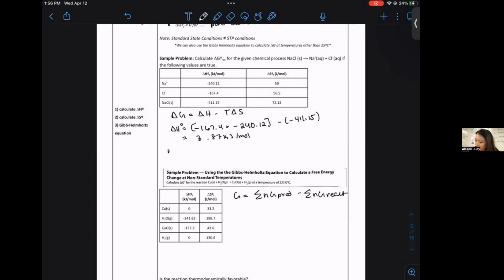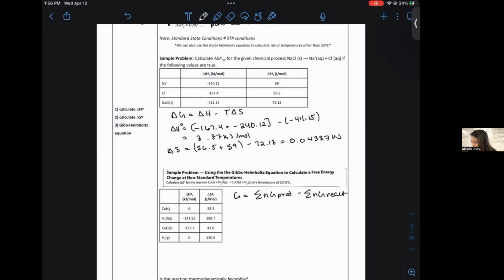And then you would have gotten that S following the same process where you do products minus reactants, 56.5 plus 59, minus the reactant 72.13, which gives me an overall entropy value for this process at